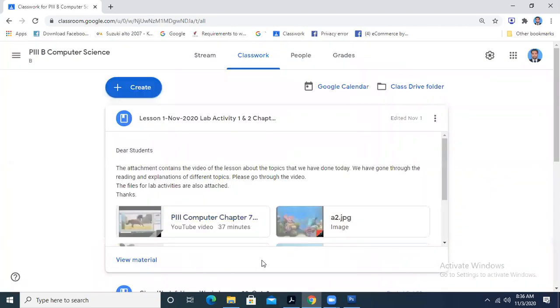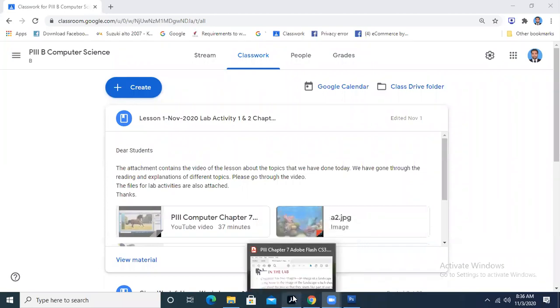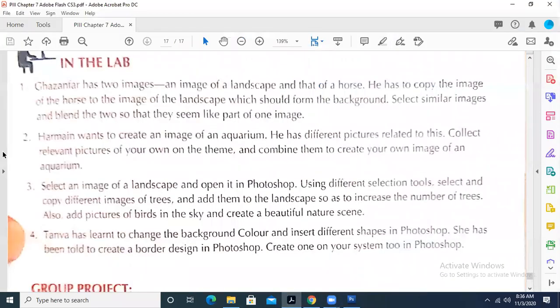And I hope that you would have done it. Kindly just raise your hand and let me know that you did practice it at home. Just raise your hand and let me know that you are practicing Adobe Photoshop at home, going through all these things whatever I am teaching you, because these are very important things, and you will have hands-on practice with all of them. Only one student. What are the rest doing? They are not interested. They don't want to study.